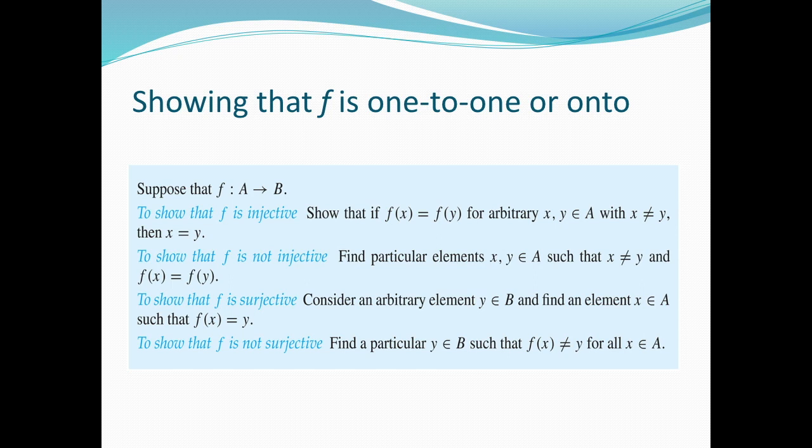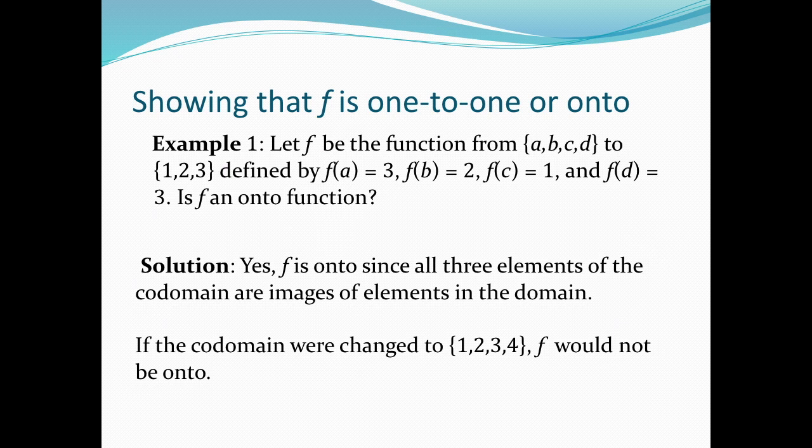Let us take more examples so you can understand how you can employ these rules. For example, if you have a function f, we write it as follows. The function is mapping from the set A, where we have A, B, C, and D in the first set, to another set 1, 2, 3, defined by the relationship. Here I'm not giving you a generic function like f of x equals x plus something. I'm just giving you the mapping. So f of A equals 3, f of B equals 2, f of C equals 1, and f of D equals 3. Is f